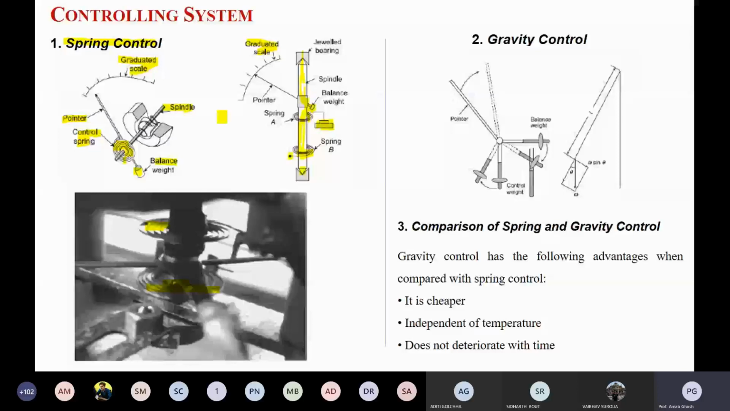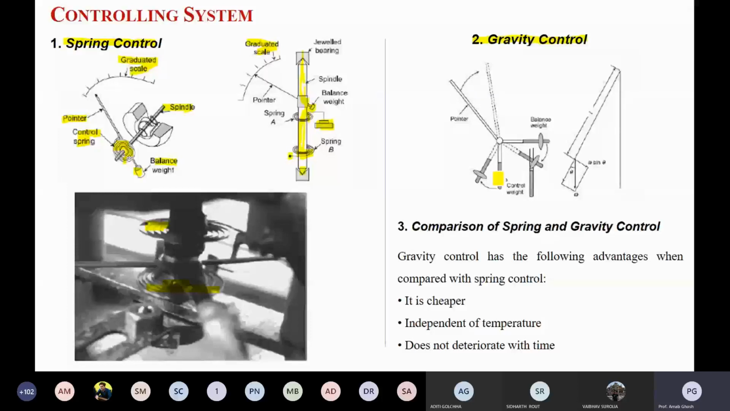Next is gravity control. So, a comparison of different types: the first one is spring control, the second one is gravity control. In gravity control, what happens? The pointer is there, and one balance weight is connected to this pointer. If the pointer position changes, the balance weight will also change its position, and it will always try to maintain its equilibrium position, always try to make stable conditions for stable operation and minimal oscillatory